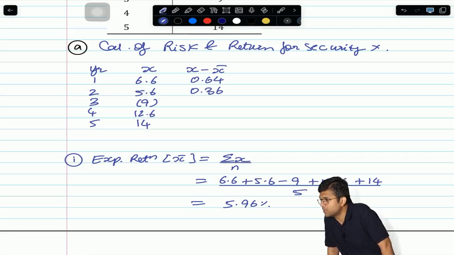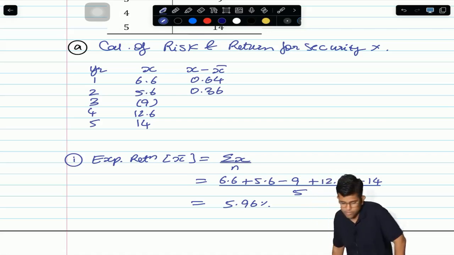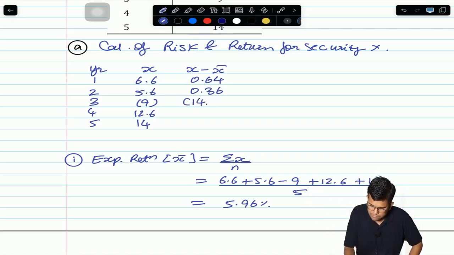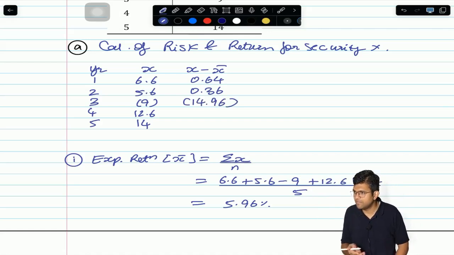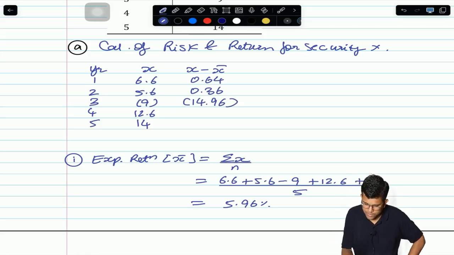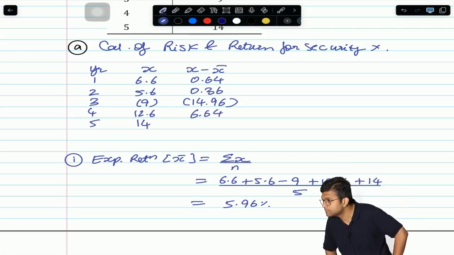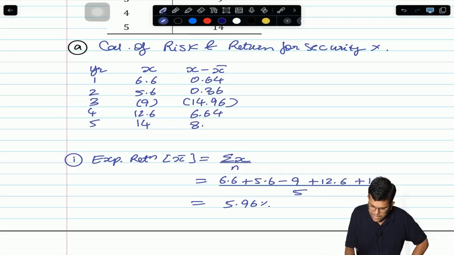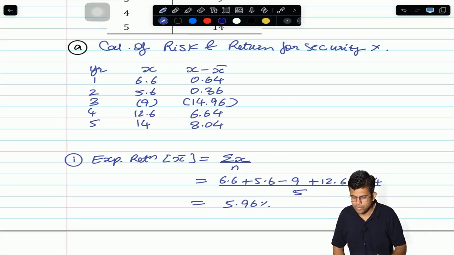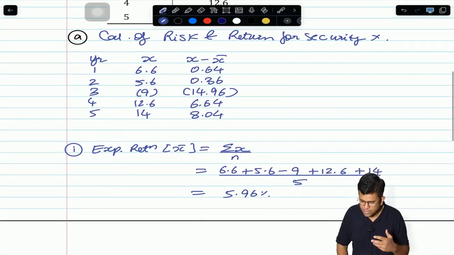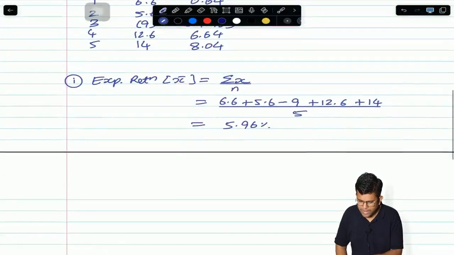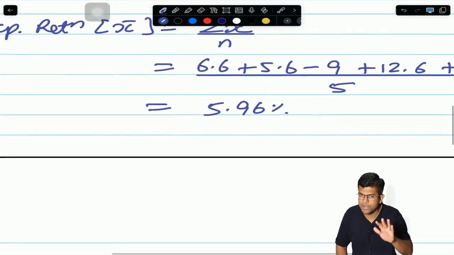Students, what answers are you giving? Now the correct answer is coming. 14.96. It is minus 9, minus 5.96, no? Next, 6.64. 8.04. Everybody done? 8.04. Now, I don't know by how much it will deviate from 5.96, but